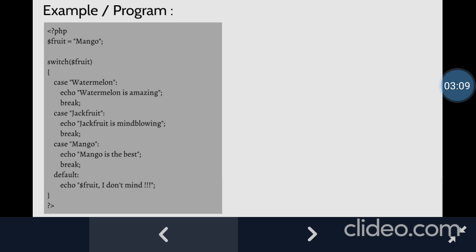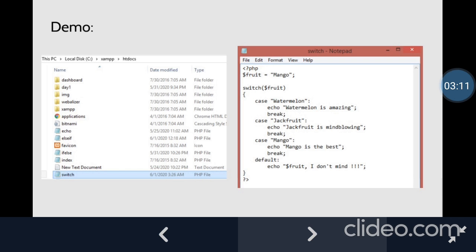Let us see the demo. Now here on the screen you have a switch PHP file saved in local disk, C drive, XAMPP folder under the htdocs folder. What is written inside the switch file? The same code that we have seen right now is written here. You can see it on your screen. Now we are going to execute it.